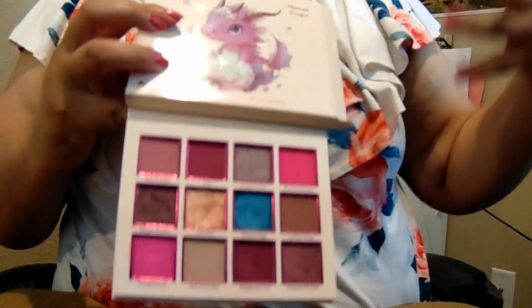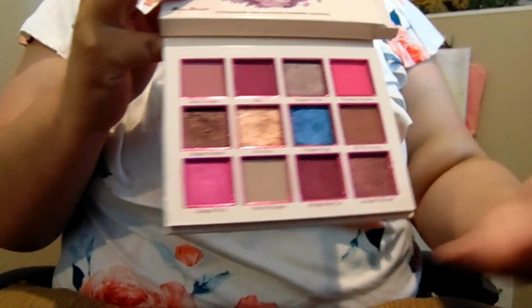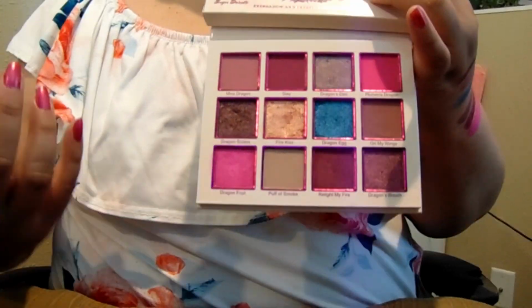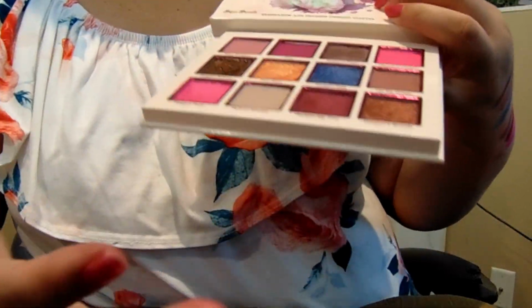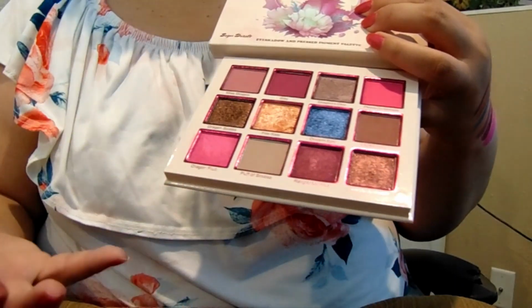But overall, I think that I'm going to keep this palette, because this to me is my cotton candy queen palette. These are the colors that I expect. I know they're not light pale colors, but they're still kind of giving me that cotton candy, fairy princess kind of goodness feeling. There's definitely colors in here, like these pinks are just super Jeffree, and the purples and stuff, but this is